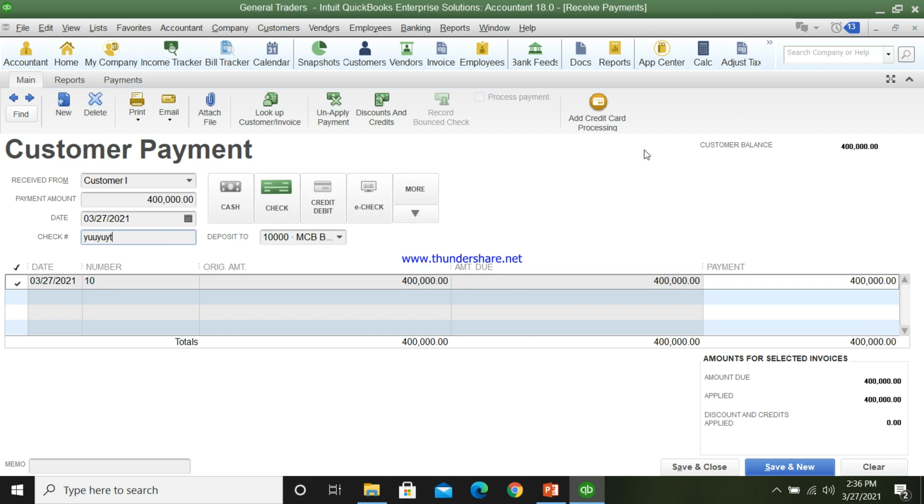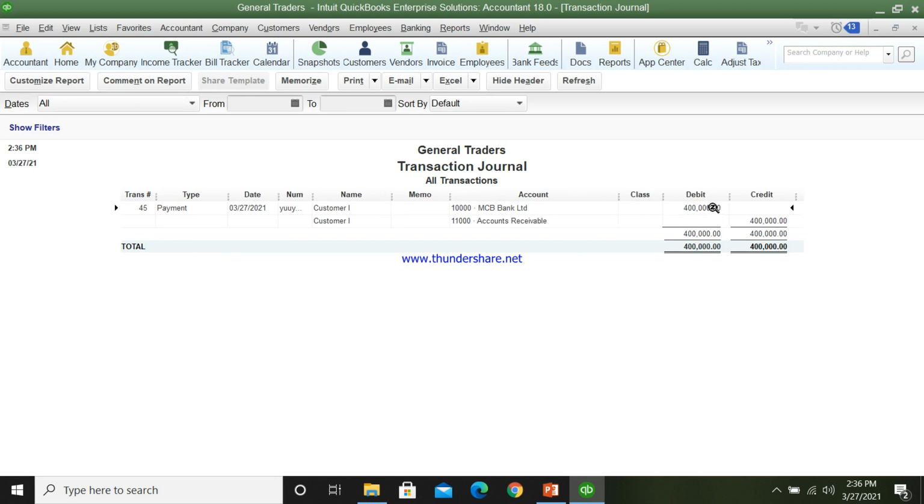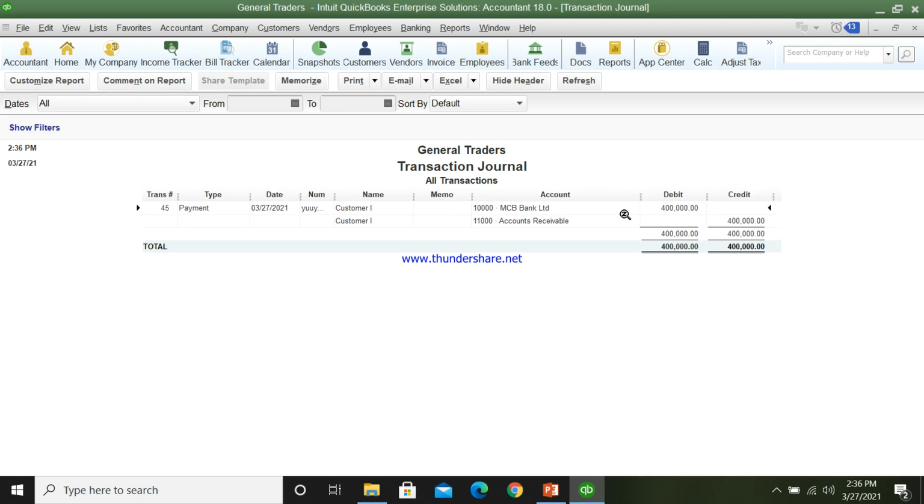This is our remaining invoice, so save it and check its journal entry. This is the receipt. Go to reports and click on transaction journal. You can see that the bank has been debited by 400,000 and the previously recorded receivable is now credited by 400,000, so now we have recorded all the transactions.